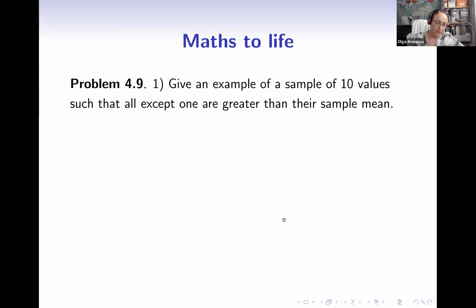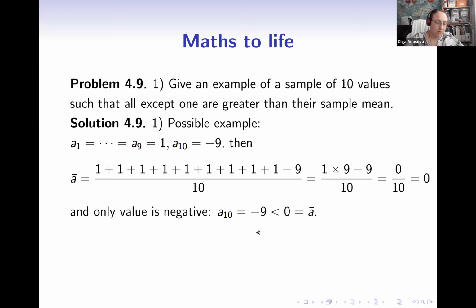So for example, if you take 9 of them, yes, very good. So 9 are 10 and 1 is 1. And the usual attempt is to take the smallest possible numbers. Thank you very much for your answers. So one of the examples is to take 9 of them equal to 1 and then outweigh all of them by some kind of large negative number. Then surely we'll see that 1 is negative and the average is 0. And then this holds.